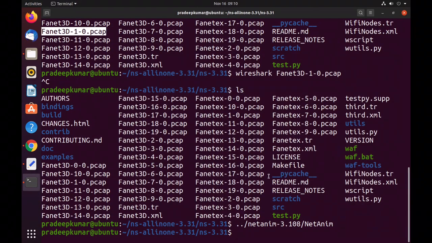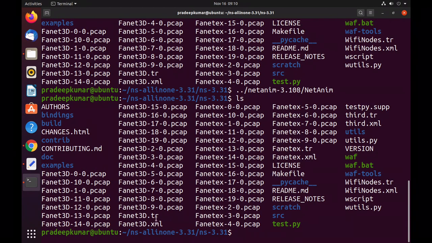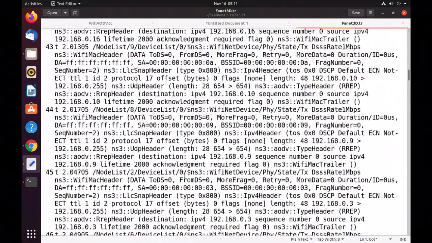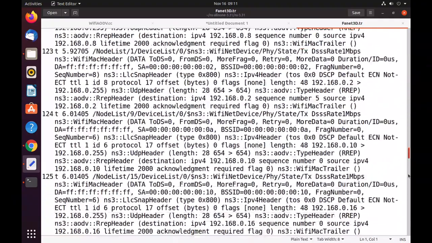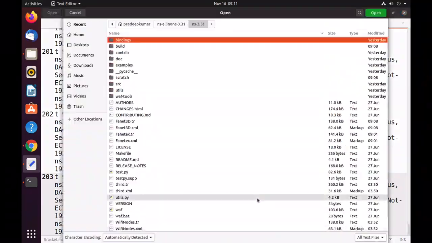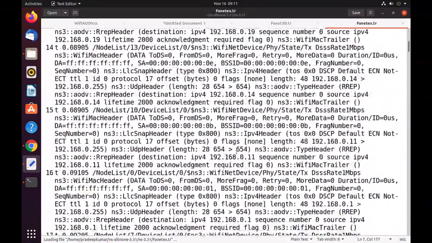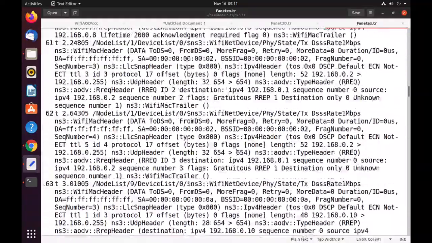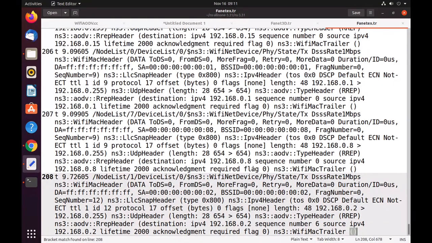Similarly, the packet capture will give you more information, and I'll show you the FANET 3D.tr trace file also. What we got is a trace file. You can see the number of lines; the trace file is somewhere around 203 lines. The same way we have this FANET EX, which is around 208 lines. So it is 203 and 208 lines, and the various packets have been used the same way,